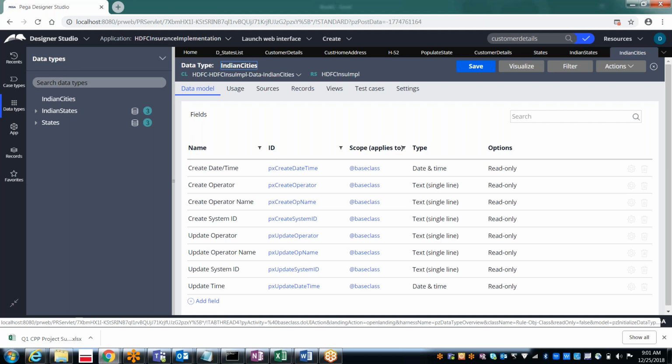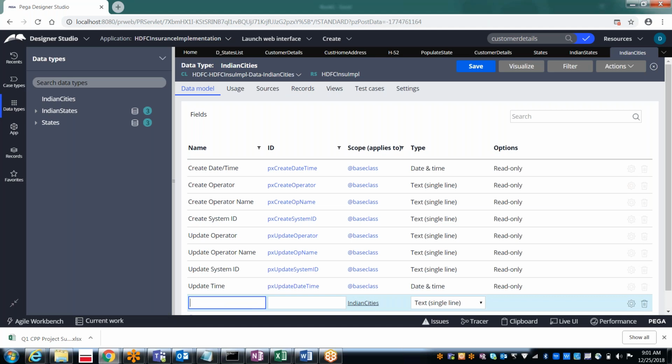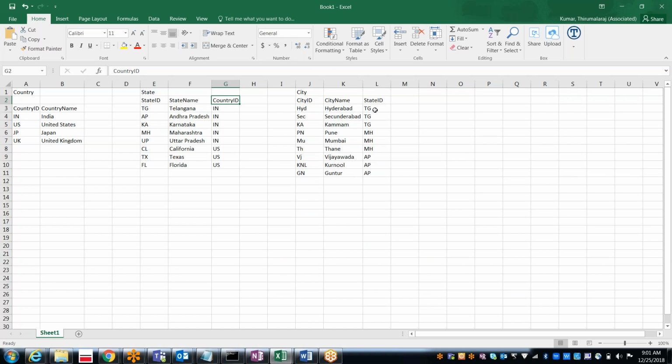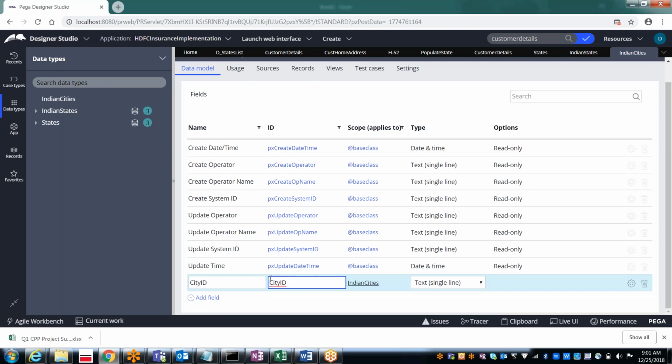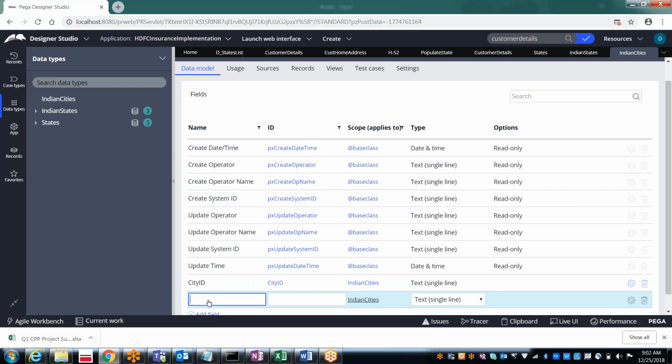Now we need to add the fields. What are the fields we need for the cities? City ID, city name, and again state ID. City ID is also a text type only. Add field. City name.